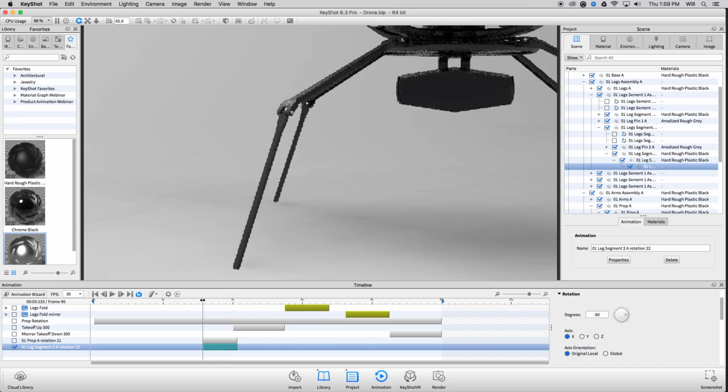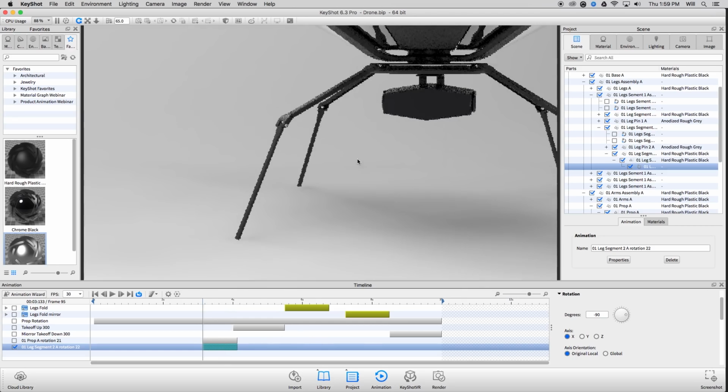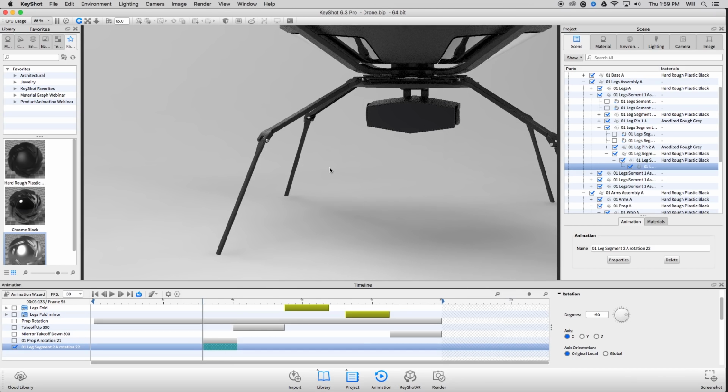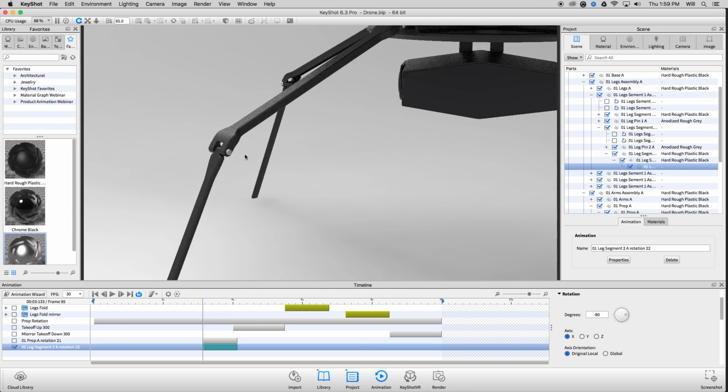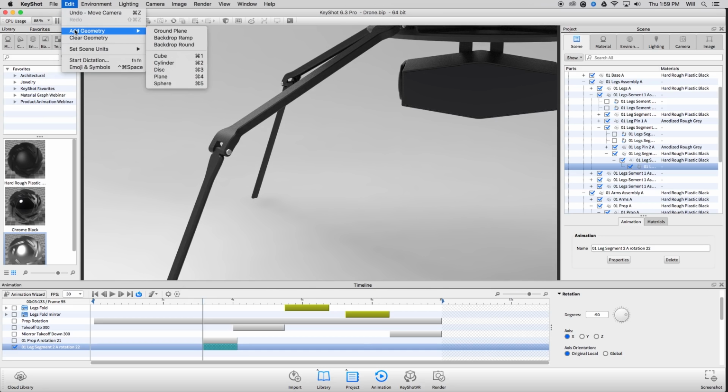Is that what you had in mind? Cool. Yeah, and then just to reinforce the other option, perhaps you can add a cylinder and move it into place to show what you would do if there wasn't existing geometry there. Understood. And actually, if it helps you to think of it as a cylinder, that is absolutely fine, but